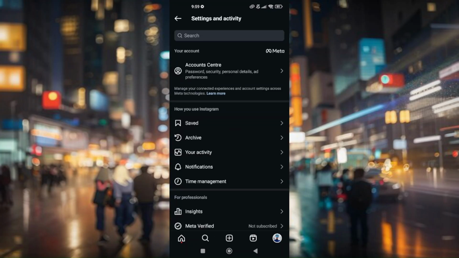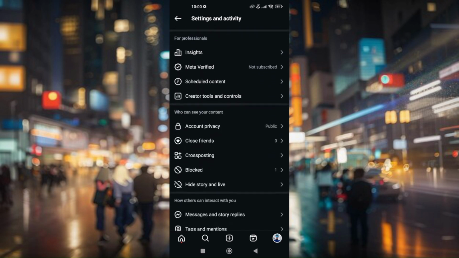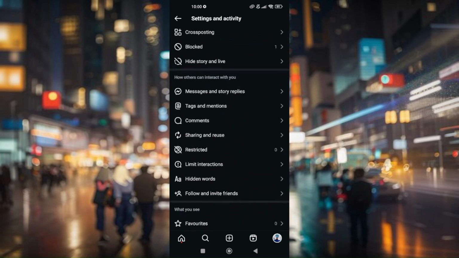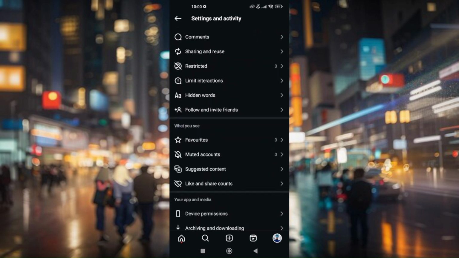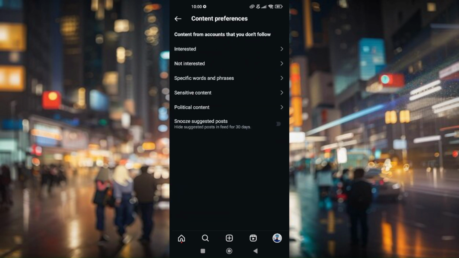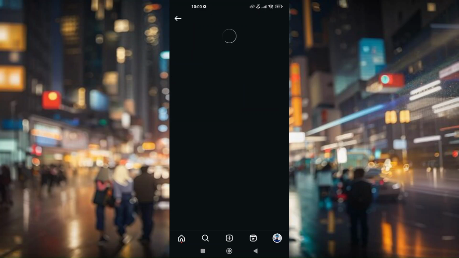by going to the settings menu. And from here, just scroll down a little bit till you find suggested content. Here it is. Now once you're here, just head over to sensitive content,